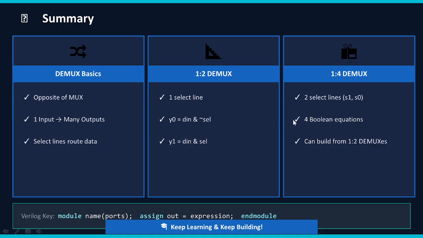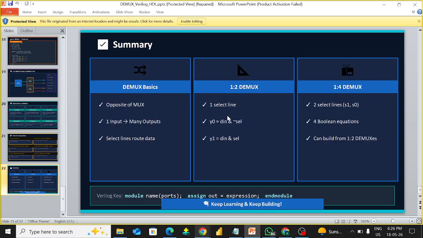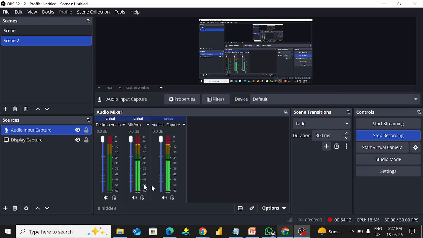For this class this is enough, guys. From the next class we are going to start the encoder. That is such a wonderful concept, you can learn